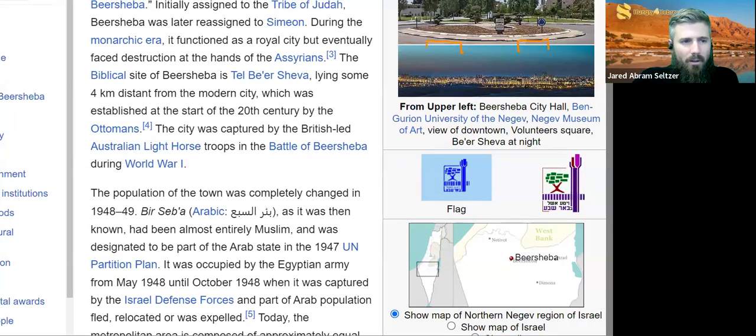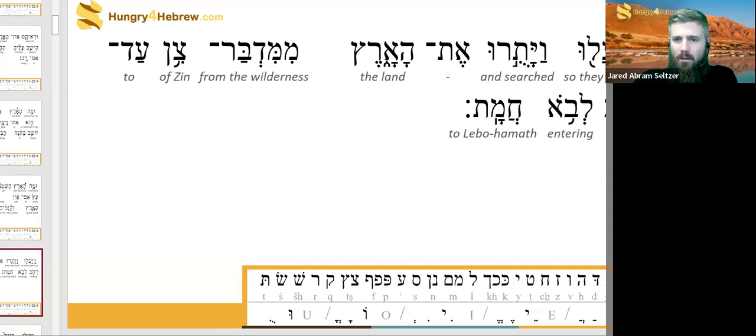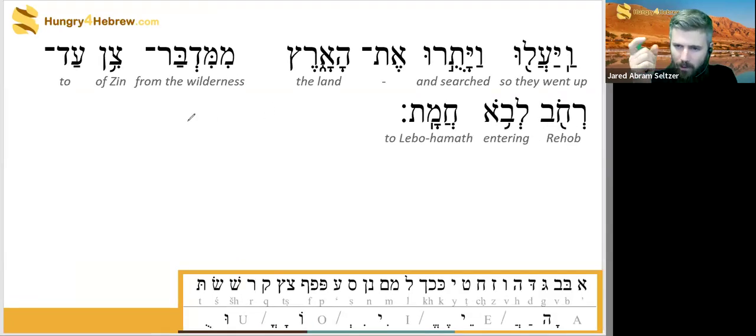We think of the Negev today as being all of this little isosceles triangle right there. But in biblical times, usually the Negev was pretty much this area right here, which was as far south as you could go and still be able to eke some crops out of the ground. Anything south of this, you're not going to grow any food, so it was pretty much uninhabitable unless you could get irrigation of some kind. Anyway, so back to here, when we see the wilderness of Tzin, it's going to be close to there.